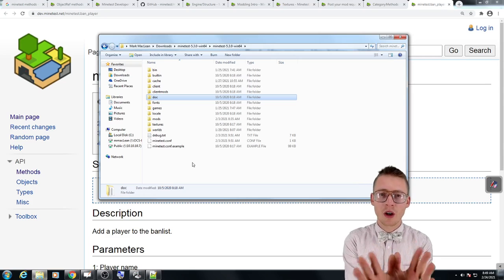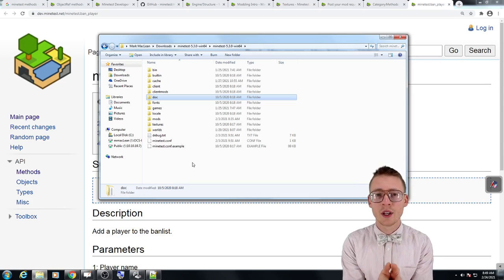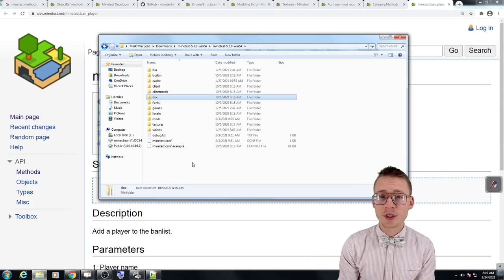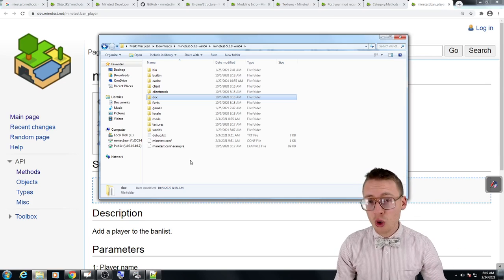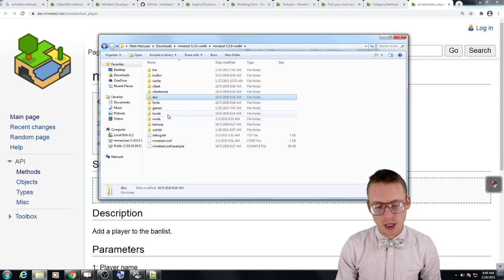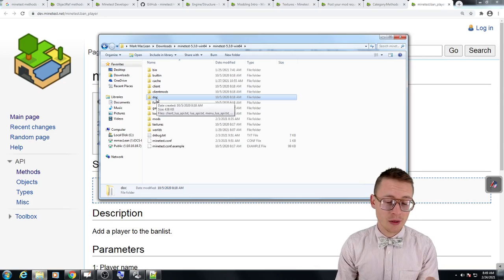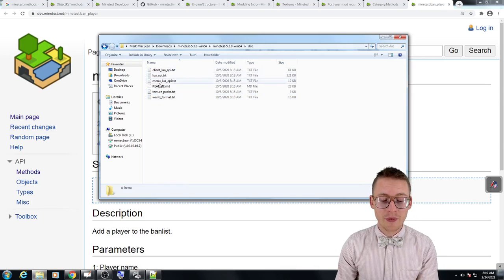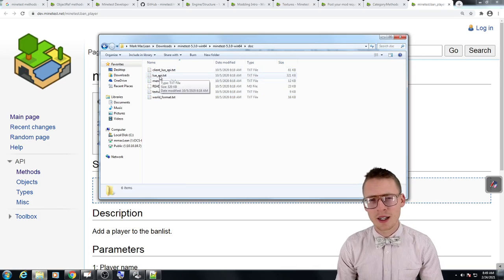Now, there are a few ways to access the official reference. There's references online, which are the most up-to-date. And then there's also, bundled in with your Mindtest installation, your own reference, specific to your version. That is accessed by going to doc, and then just look in this folder, you should see